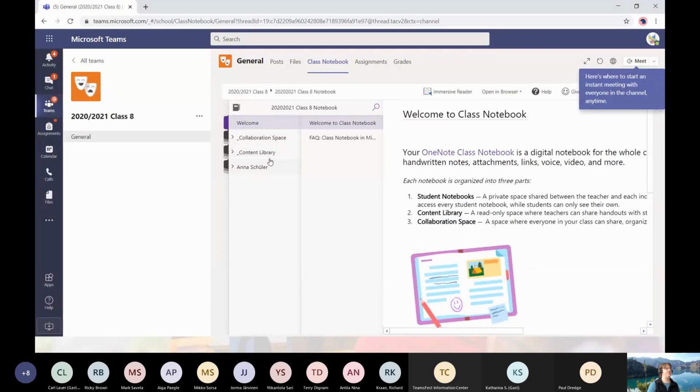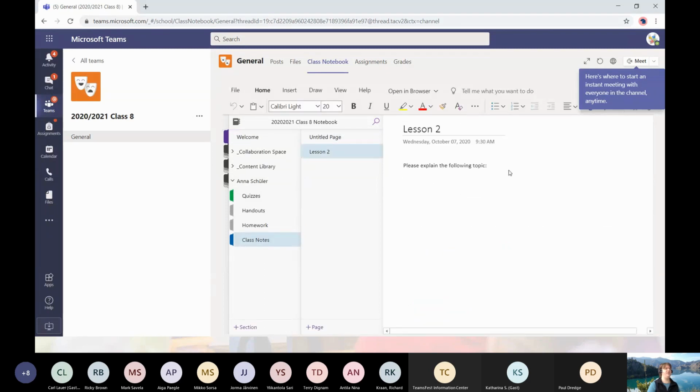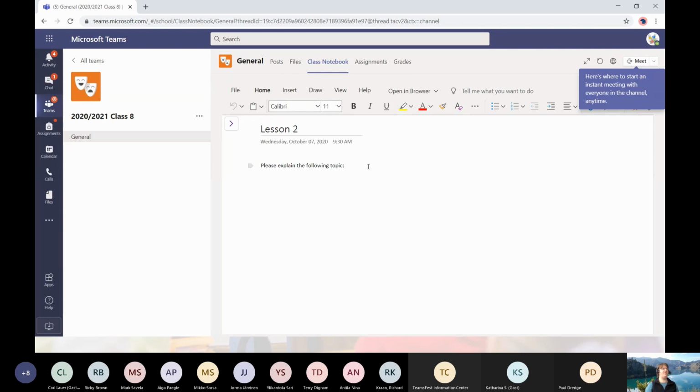And as you can see, we don't see the teachers only section and we don't see the student notebook of Tom. And now I go to class notes and here I have my lesson 2. And now maybe I didn't add the topic here. So maybe I'd say, okay, what can be the topic,